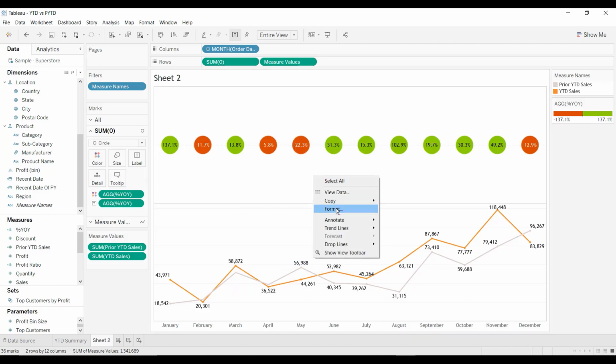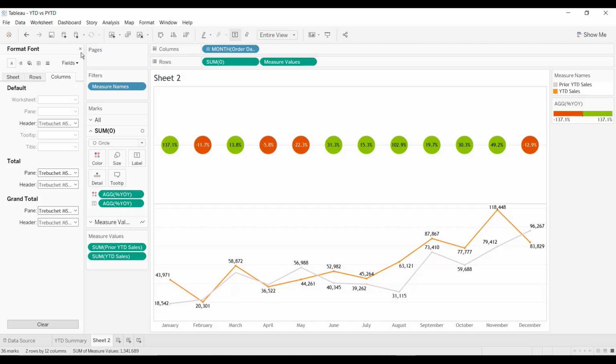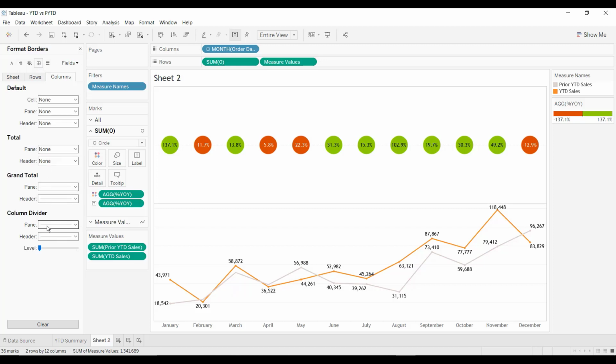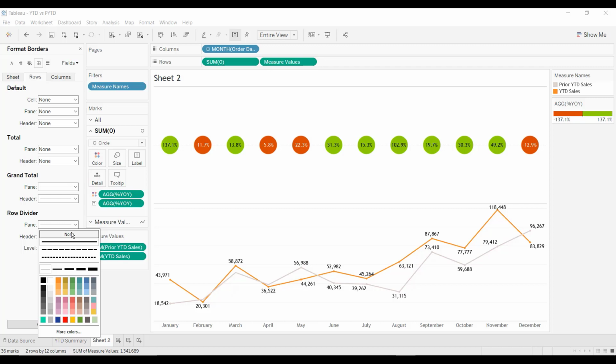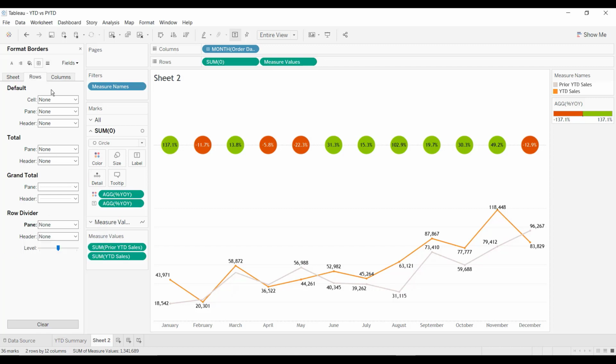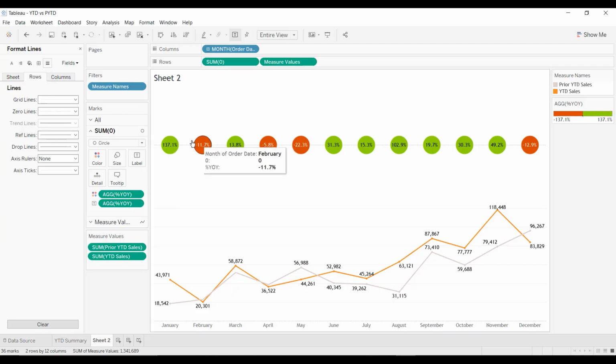Just right click and do some formatting to remove the lines. So remove the column divider as well as the row divider, and even the line for the 0.